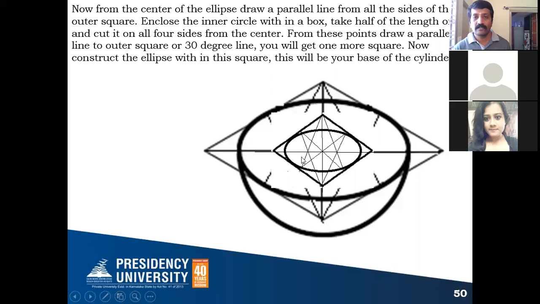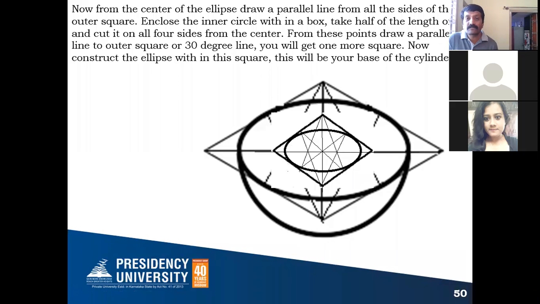This as the center, draw one more arc. From this intersection as the center, draw one more arc like this. Now from this intersection as the center, draw one more arc. So the ellipse is completed.